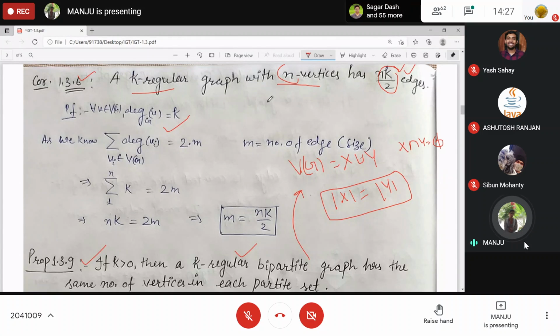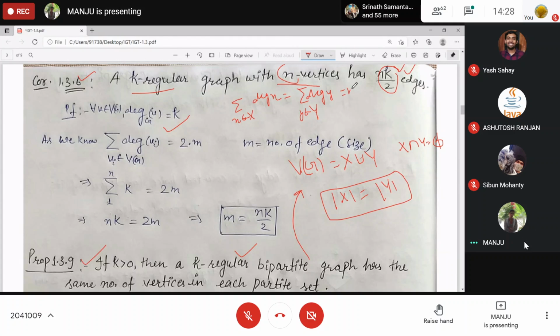Tell me the bipartite graph degree sum formula. Yes, the sum of degrees of all the vertices of any particular partite set. So the sum of degrees of x coming from X will give you m, and that is equal to the sum of degrees of y, where y is coming from the other partite set.